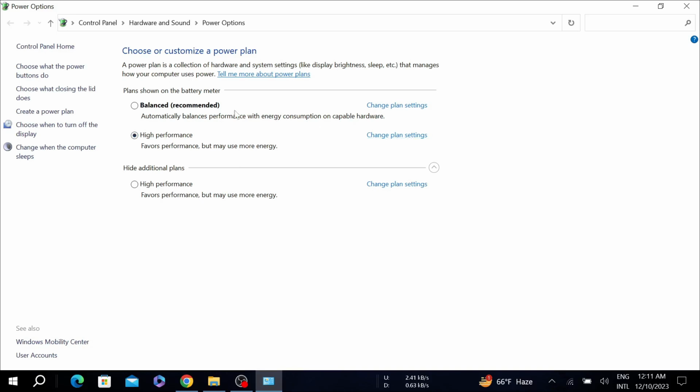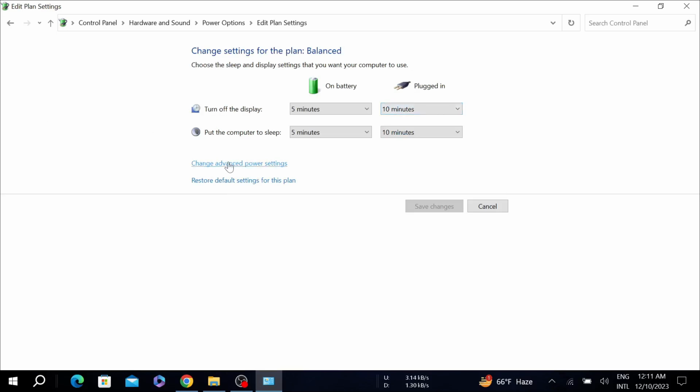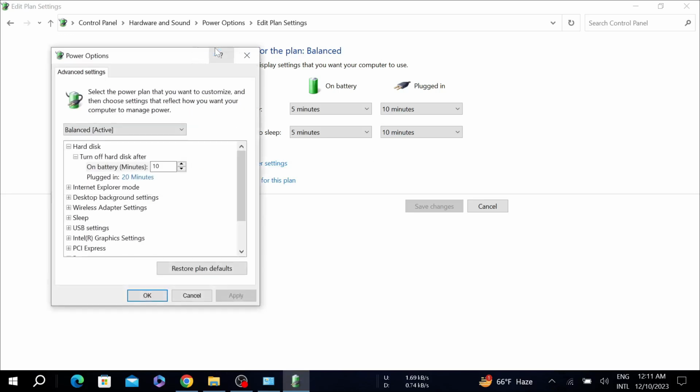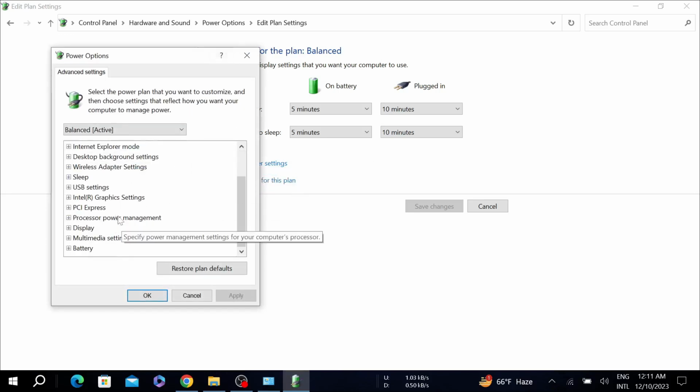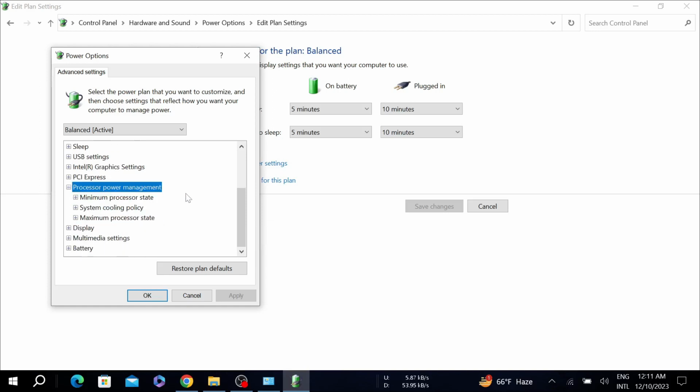performance mode. And if you don't find this high performance option here, just click this option under the balanced one, change plan setting, and after that go to change advanced power settings, and here search for the processor power management, this option, and after that expand this one, and here you can